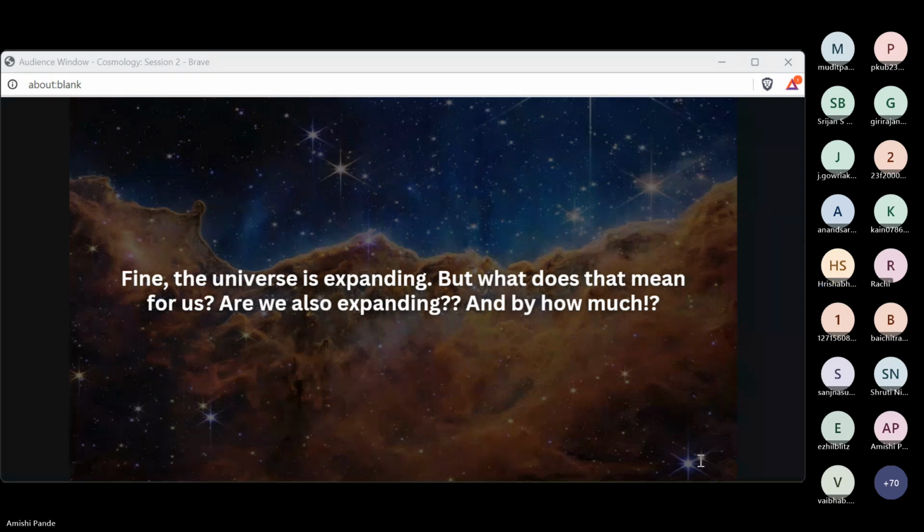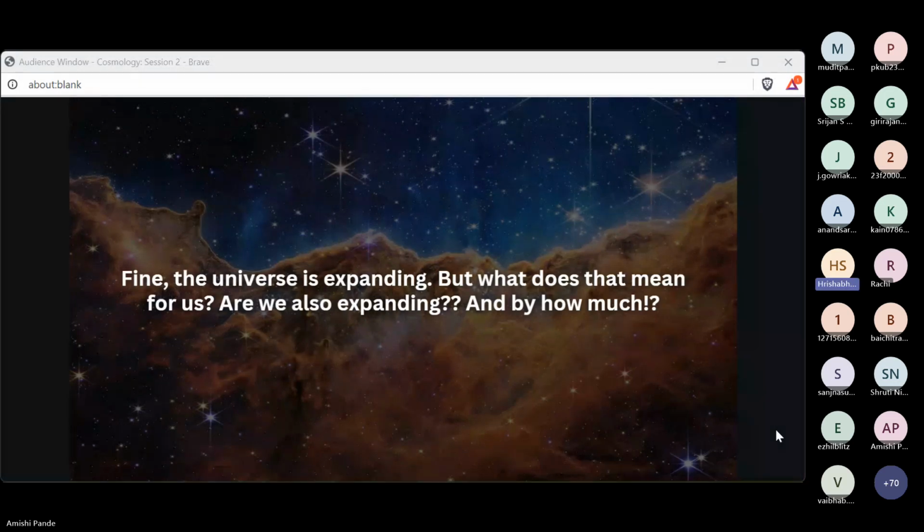If someone says the space between us is expanding, how do you define the space between us? There's space between every atom of your body, right? The space between every molecule in your body. If that space is expanding, and if you are a combination of all those molecules, you might be expanding too, isn't it? Think about it. When you say the space between things is expanding, it is fine. But then,